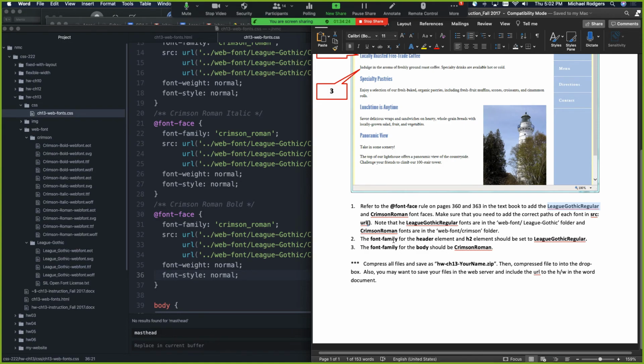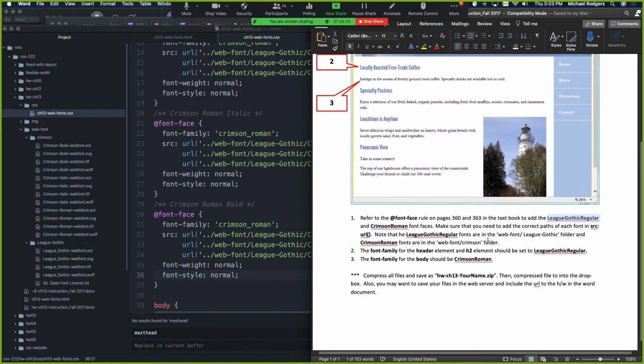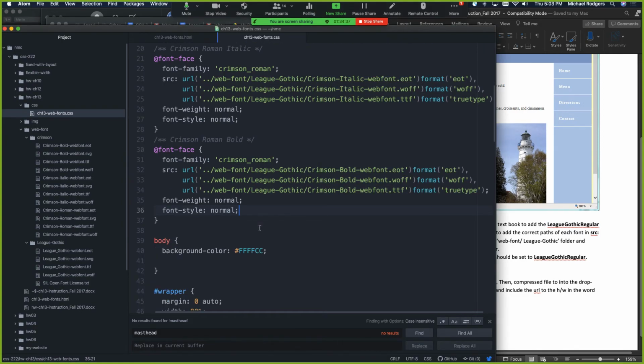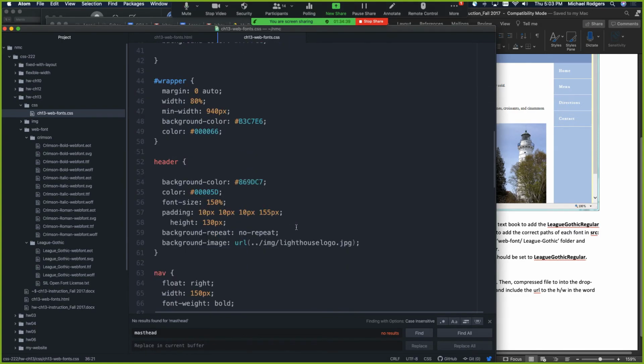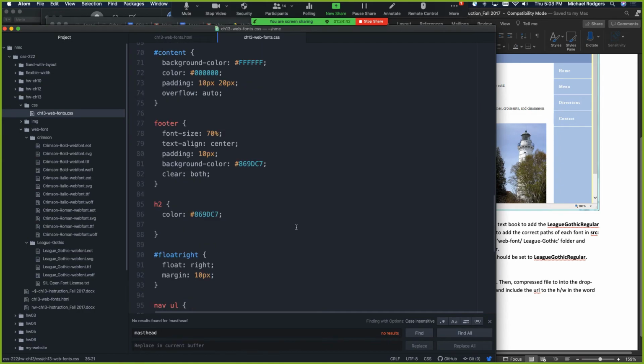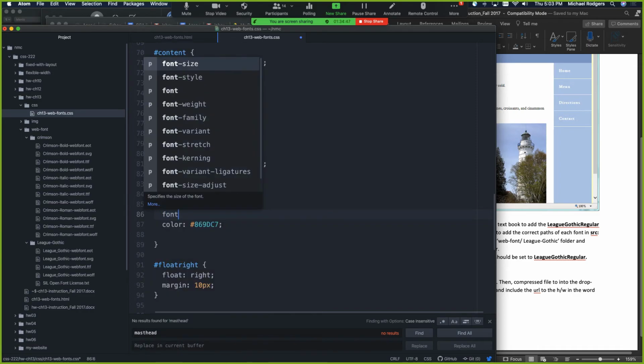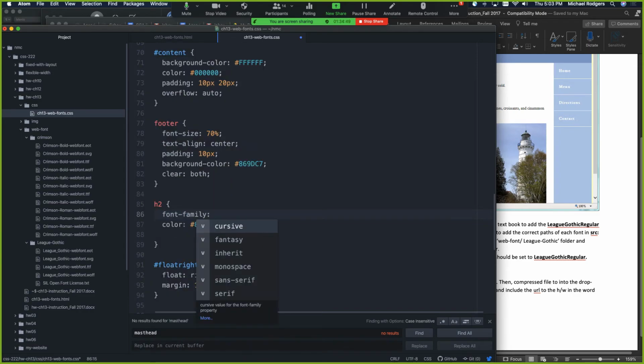We want the font family for the header, the H2 element. It should be set to League Gothic Regular. So H2 is League Gothic Regular. So here's our H2 font family. League Gothic Regular. I'm going to save it